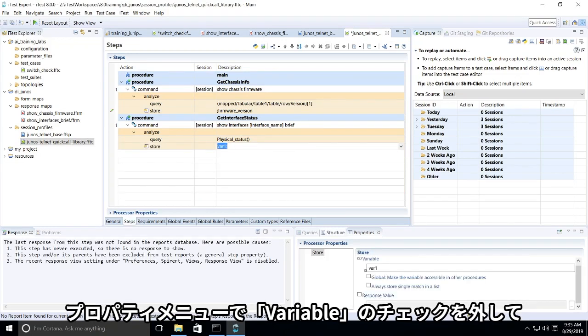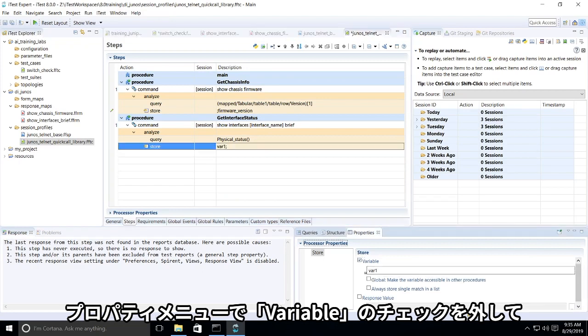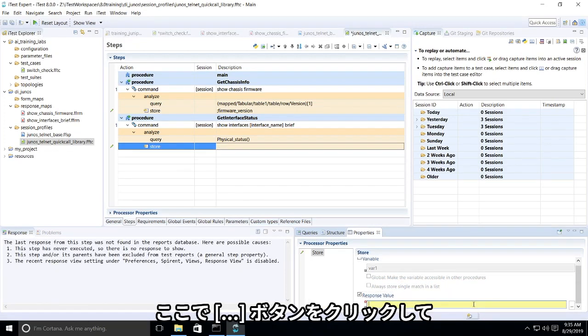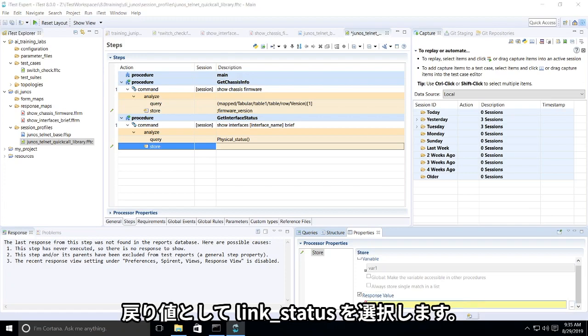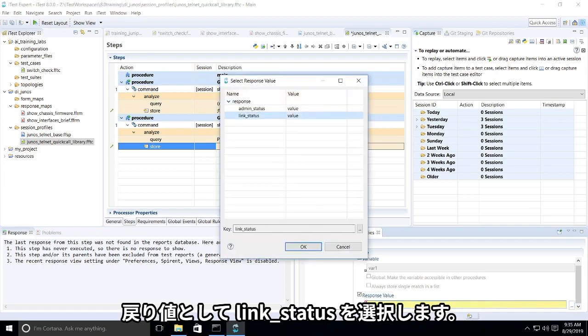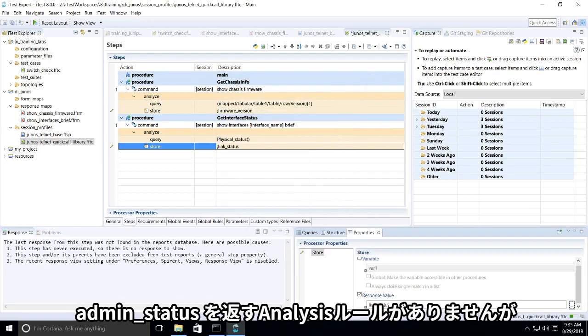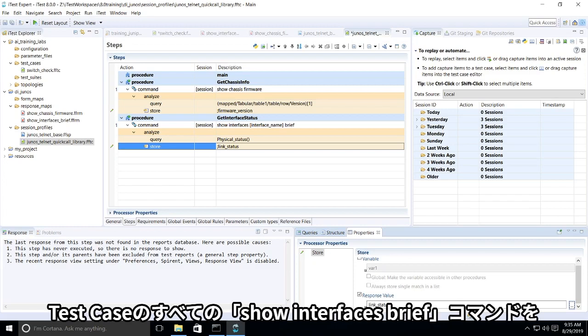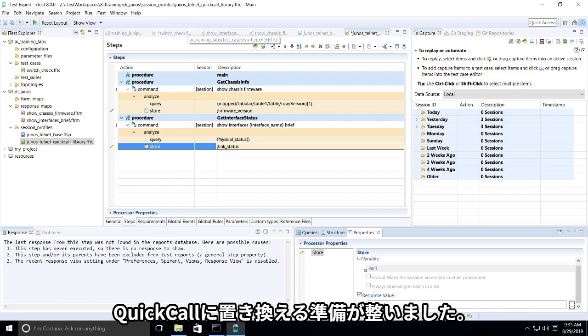And we are going to come to the properties menu and uncheck variable and check response value. Going to hit the ellipse button over here and pick the link status return value. Now we don't have an analysis rule to return the admin status yet, but we'll come back to that later. We are ready to replace all the show interfaces brief commands in our test case with a call to this